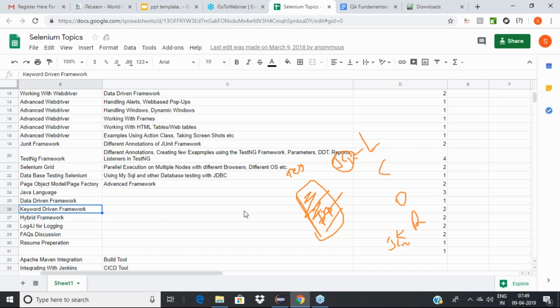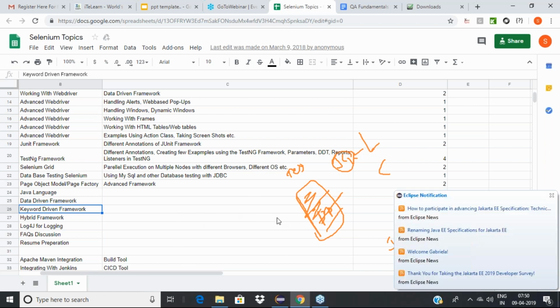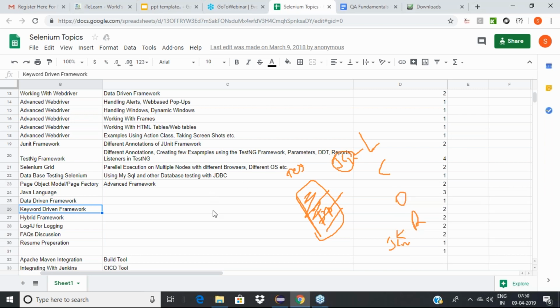Maybe you would have experienced that there is already a framework and all your job is to call the method or the keyword. If it is a keyword-driven framework, you just need to know what keyword you need to call, and you prepare your Excel sheet with this object, this is the keyword, this is the operation that I'm expecting based on the keyword, and here is my test data. Your job is done. But the person who developed this framework would have written the code for what that keyword means